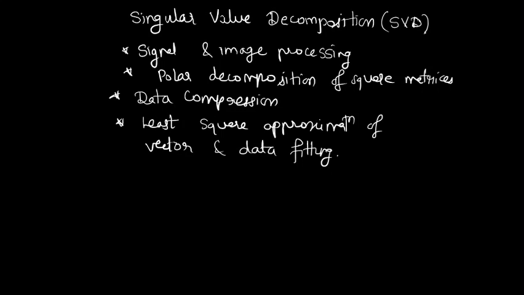So what is singular value decomposition? It's a decomposition process. Now what is meant by decomposition? Decomposition means dividing certain things into small parts. So what are we going to divide here? We will be dealing with data which we write in the form of a matrix, say matrix A, which is of size m by n. In singular value decomposition, we decompose any matrix A into small parts, which are nothing but U, S and V. Any matrix A can be written as the product of U, S and V transpose, where